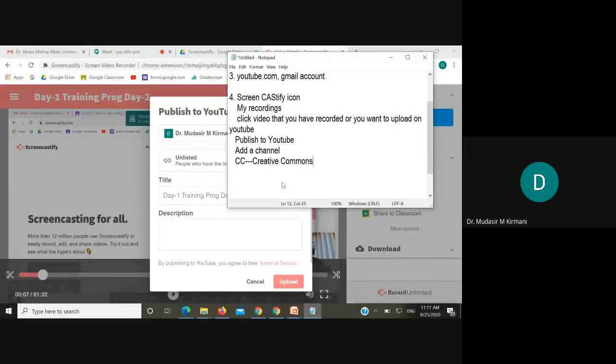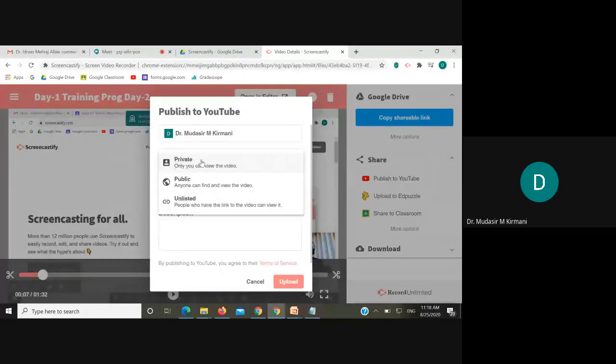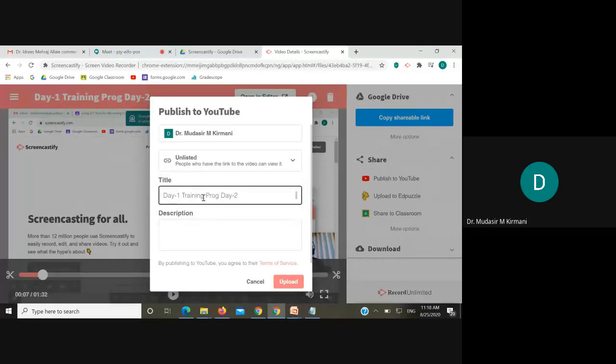And if you are not sure about it, if you want to check it first, then it is better to go for unlisted. So we have understood private means it's only known to you, not to others. Public means the time you upload it, it will be visible to all the associated people in your account. The third one is unlisted. Once you click on unlisted, you are on the safer side. So right now, though it is our own content, we'll go for unlisted for the learning purpose. So we have gone for unlisted.